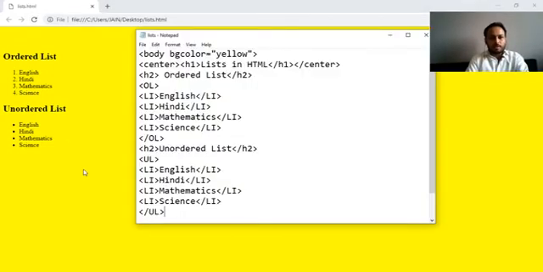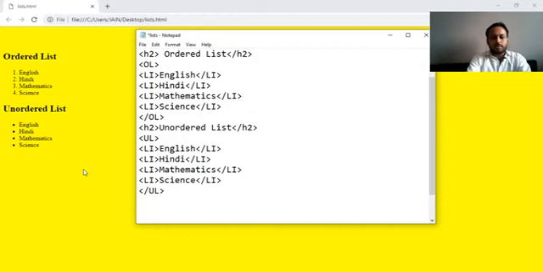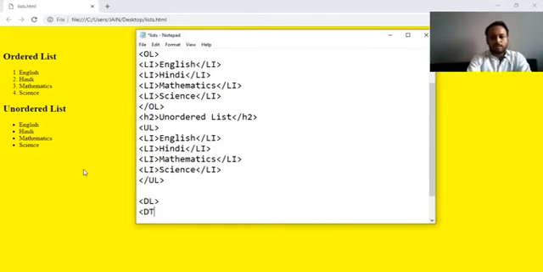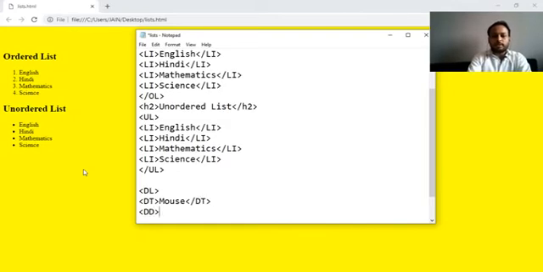Okay, next is the description list. DT is the description term, then write this, like mouse, DT, and DD is the description definition. Then again DT.